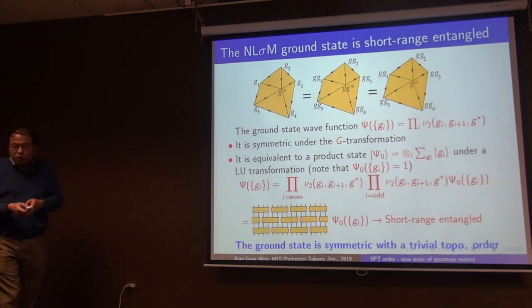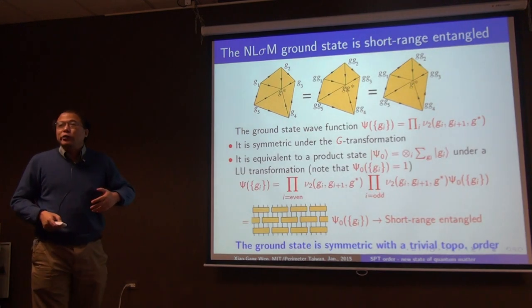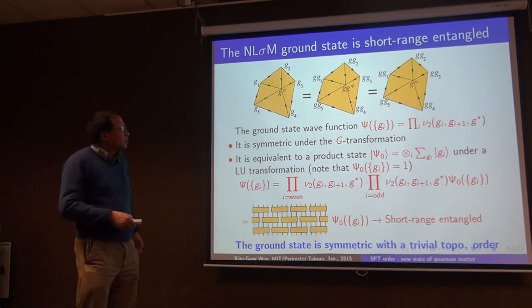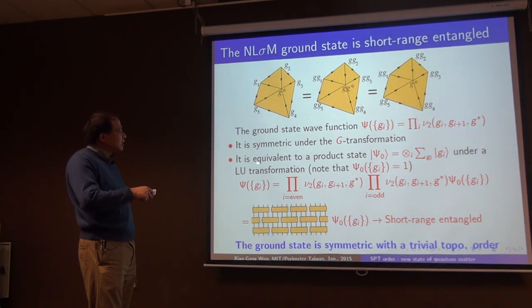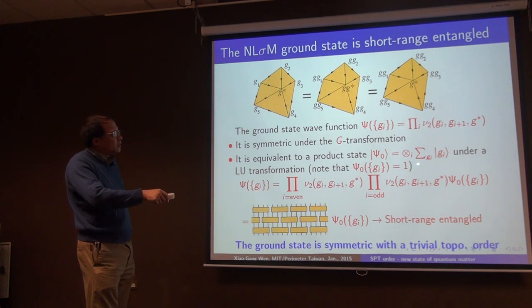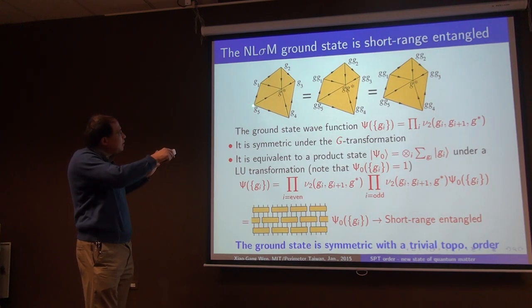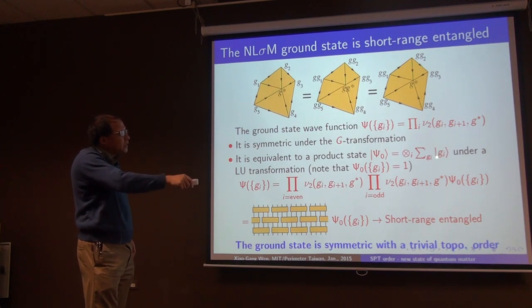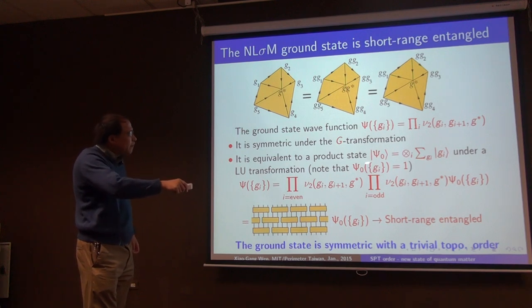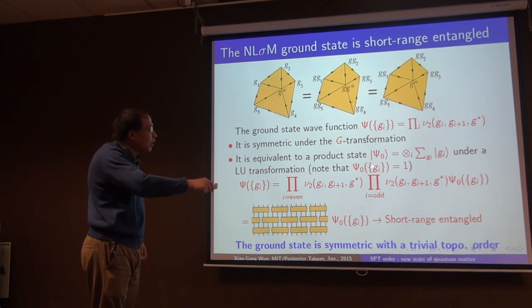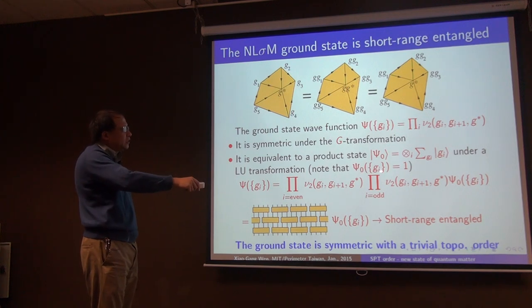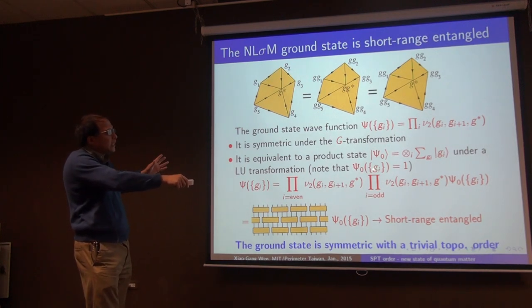And this ground state wave function is also local unitary equivalent to a product state. Here let's consider a particular product state, where on every lattice point we have a superposition of the states labeled by group elements. If I write down the wave function, this particular wave function is basically a constant wave function. So for every choice of index, the wave function